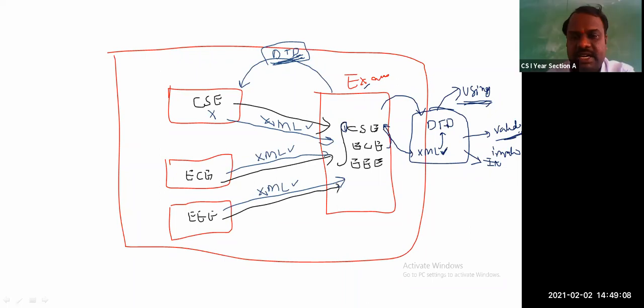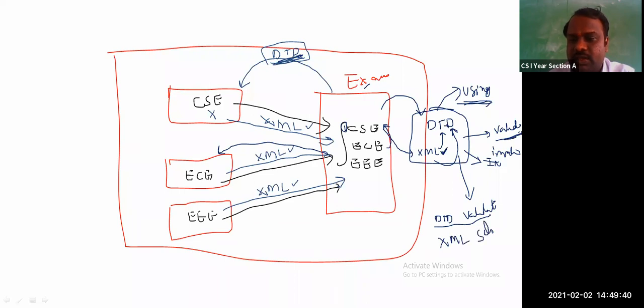Then what they do is immediately tell that department to prepare the XML document based on the given format. They will ask for it again, modified, and test it again. The process of checking an XML document against a DTD is called validation. This is DTD validation. Along with that, we have another type of validation, XML schema. Today's class, we will learn DTD validation. Next, we will go for XML schema in the coming class.